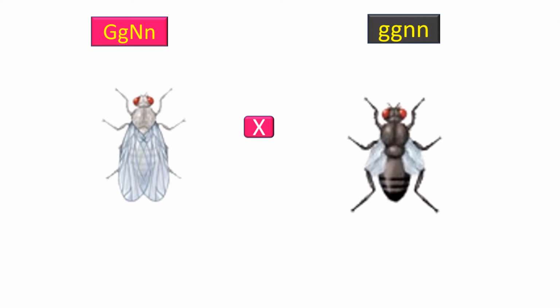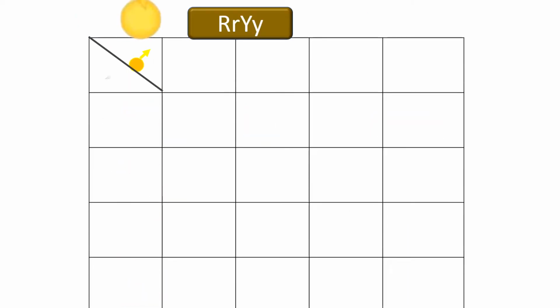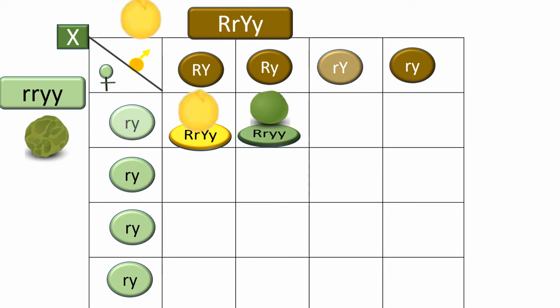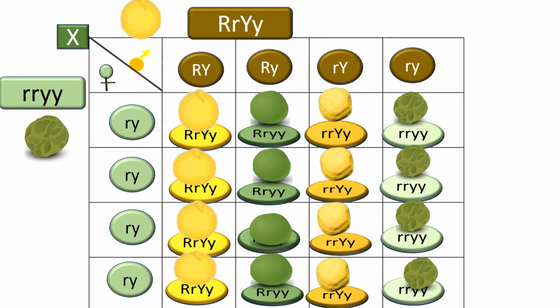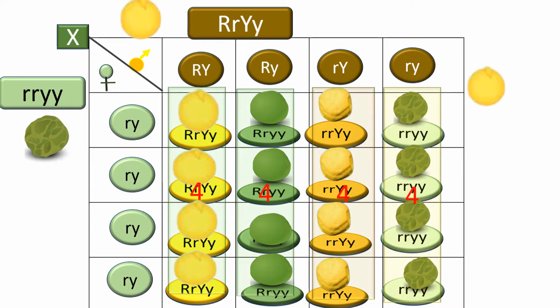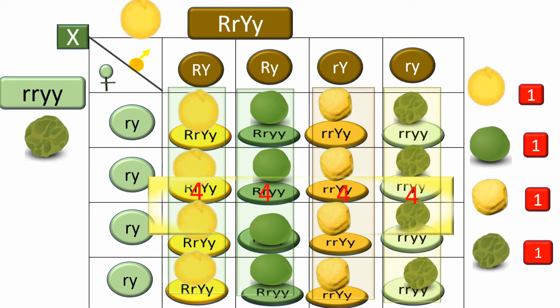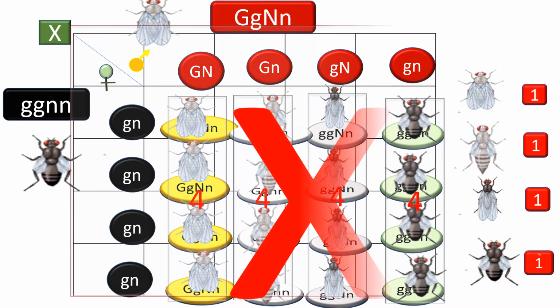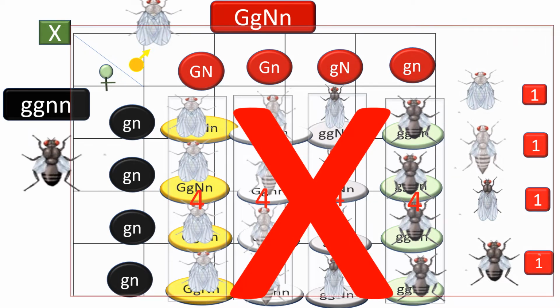Then, Morgan did the test cross for F1 members. But he didn't get the results that Mendel got for a test cross done for a double heterozygote. Mendel got 4 phenotypes, with 1:1:1:1 ratio, for a test cross done for a double heterozygote, but Morgan didn't get such a ratio for the test cross, though he followed the same procedure. He got